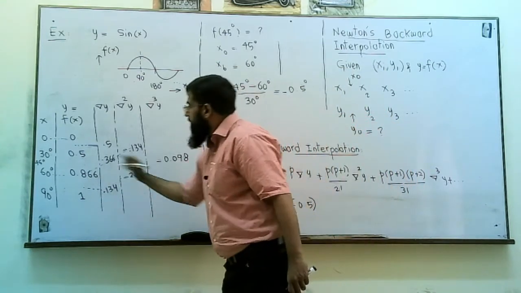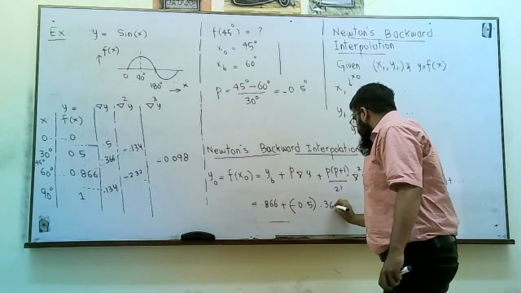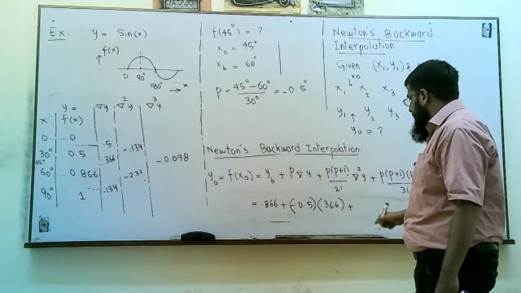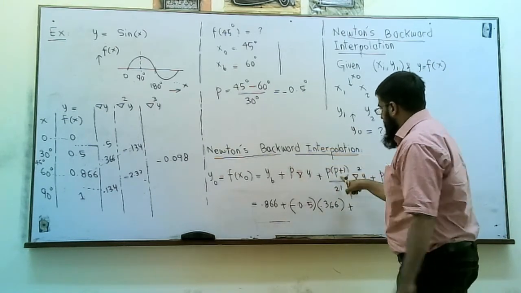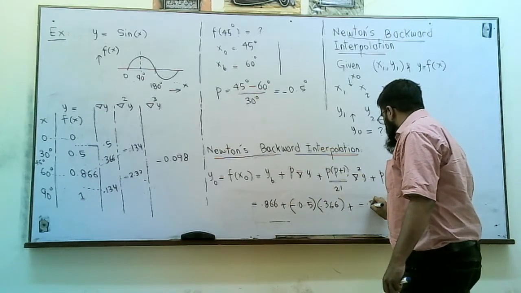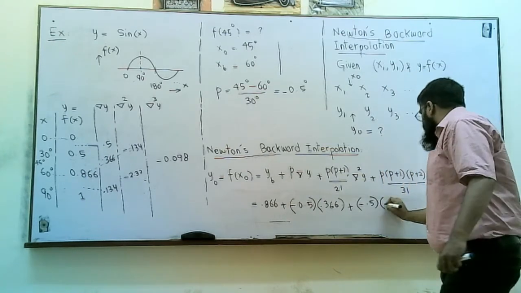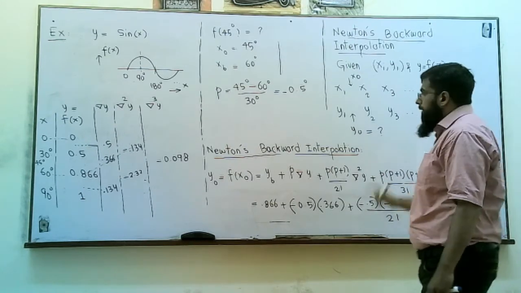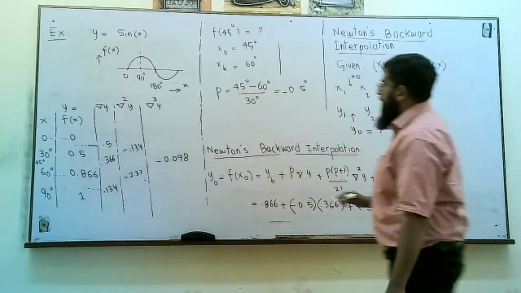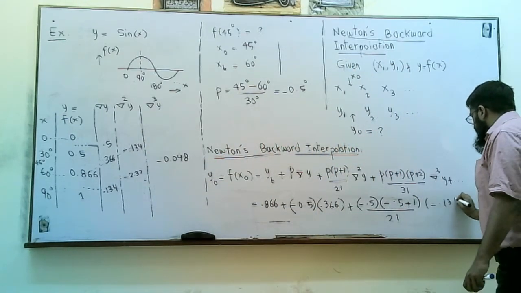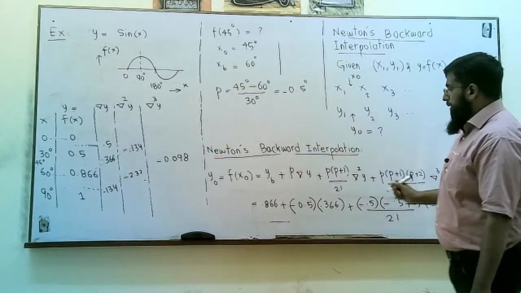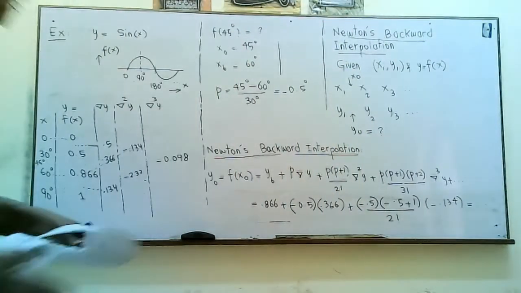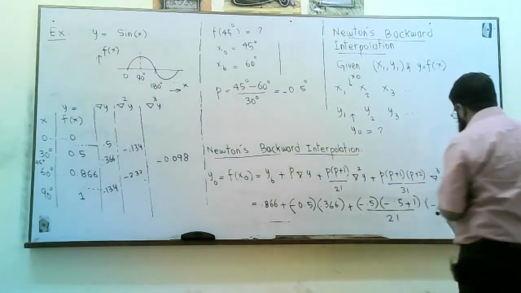Nabla y is 0.366, plus p into p plus 1. It was p minus 1 in the previous case. In the case of the forward method, this is p minus 1. This is minus 0.5, plus 1, divided by 2 factorial times nabla squared y, which is minus 0.134. That's all. And once we solve it, it comes out to be 0.699,